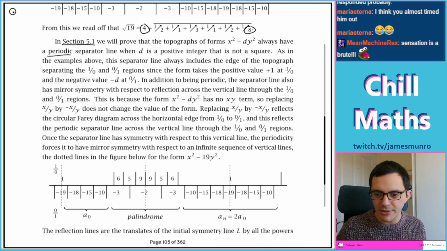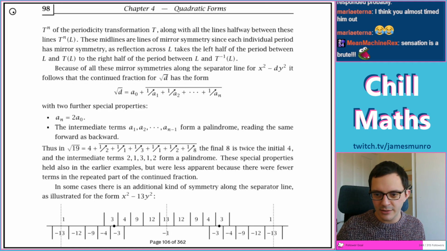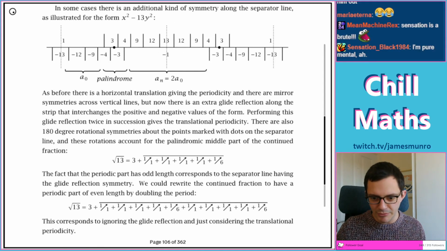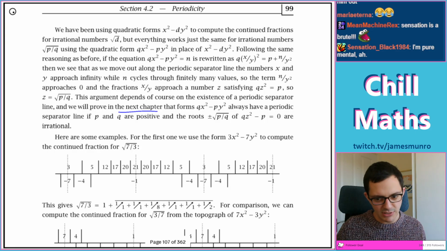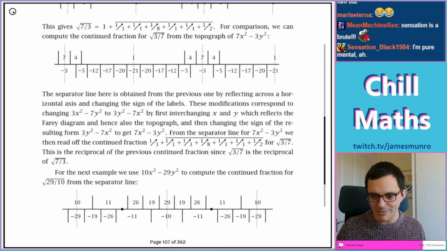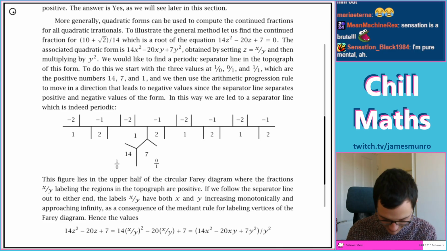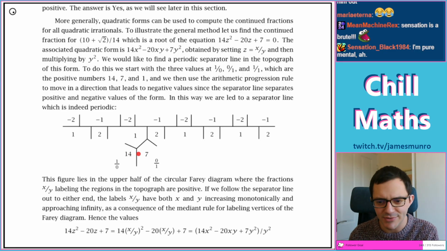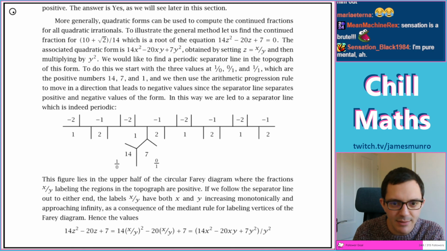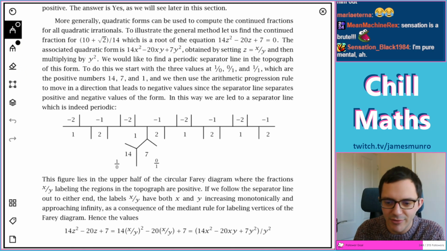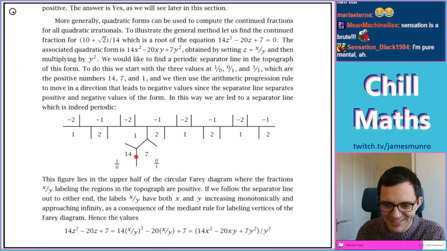Where were we? We were looking at a case where it's not just square root d. There's some other stuff going on. Oh, I skipped so many pages just before the tea break. Brilliant, great idea. Because down here, look, 14 and 7, those are both positive. So this is not part of the separator line. The separator line is miles away. So you might have to walk in some direction, if your quest is to find positive and negative values separated by some sort of line in the binary tree, then